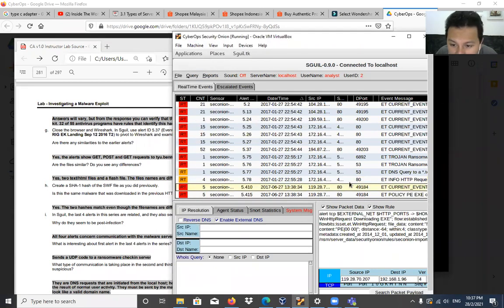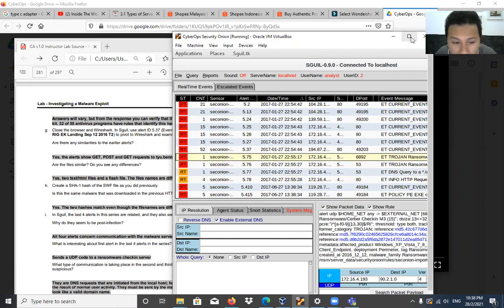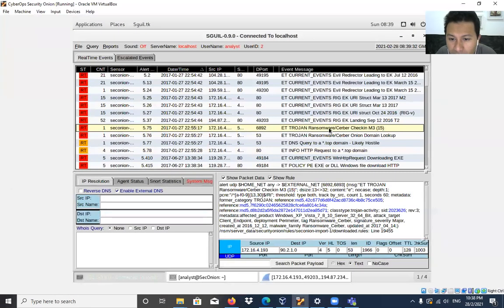The first alert, 1, 2, 3, 4. Okay, the first alert. We see the UDP port